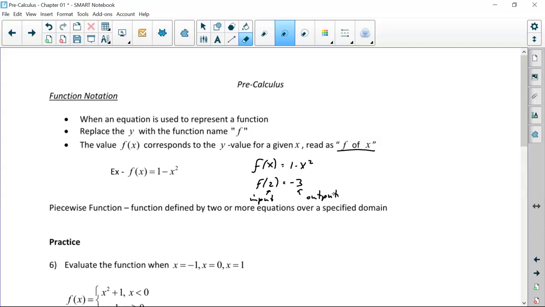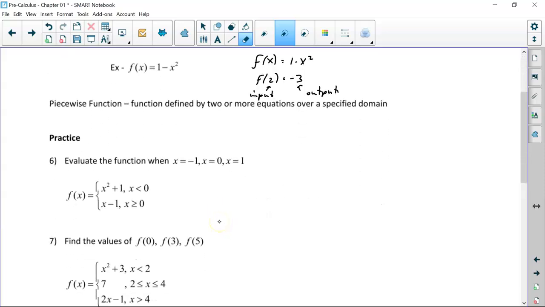Next, we're going to talk about evaluating what's called a piecewise function. And a piecewise function is defined by two or more equations over a specified domain. So if we look at problem number 1, we have two equations. We have the x squared plus 1 and the x squared